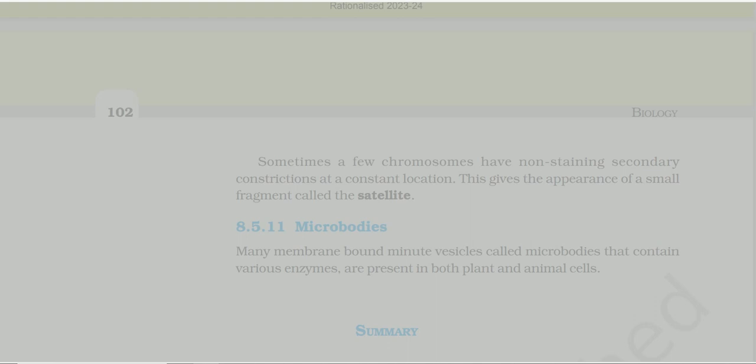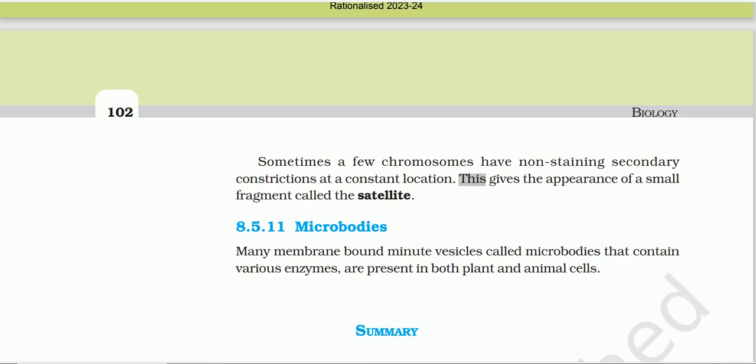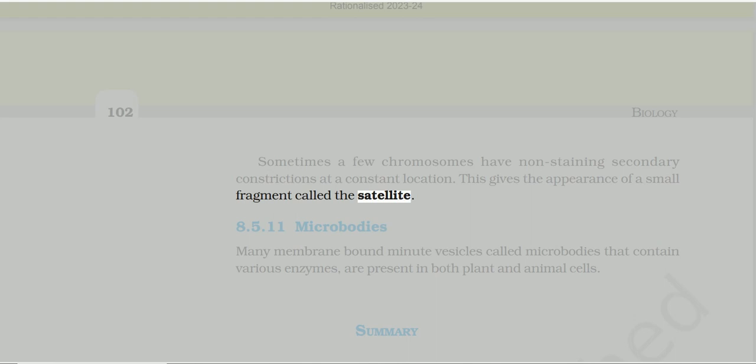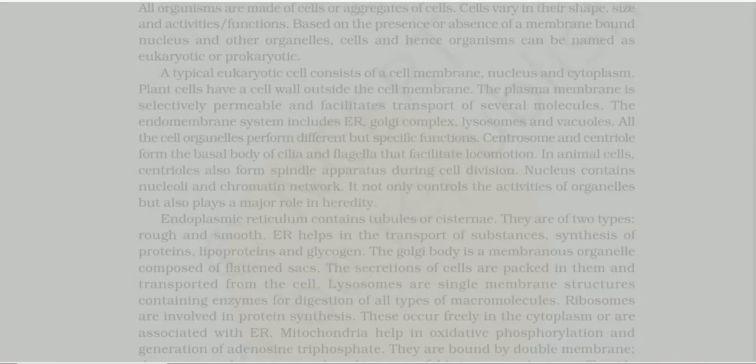Sometimes a few chromosomes have non-staining secondary constrictions at a constant location. This gives a small fragment called the satellite. Microbodies: Many membrane-bound minute vesicles called microbodies that contain various enzymes are present in both plant and animal cells. Summary: All organisms are made of cells or